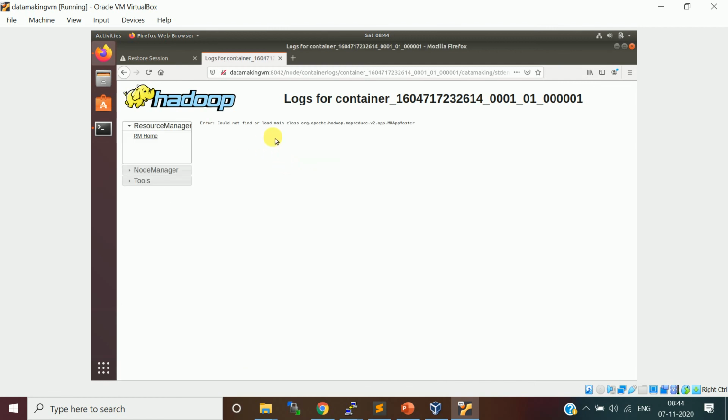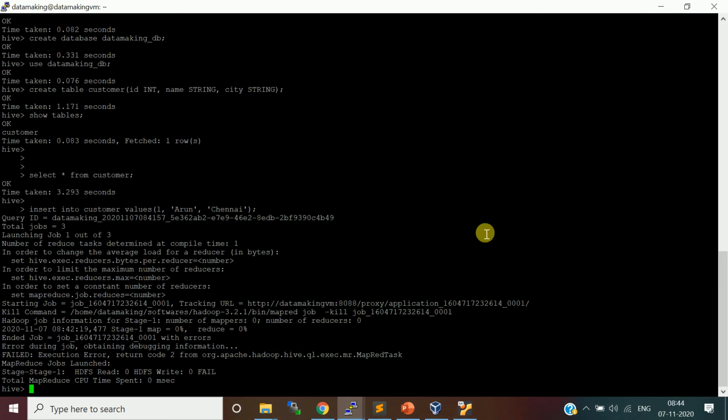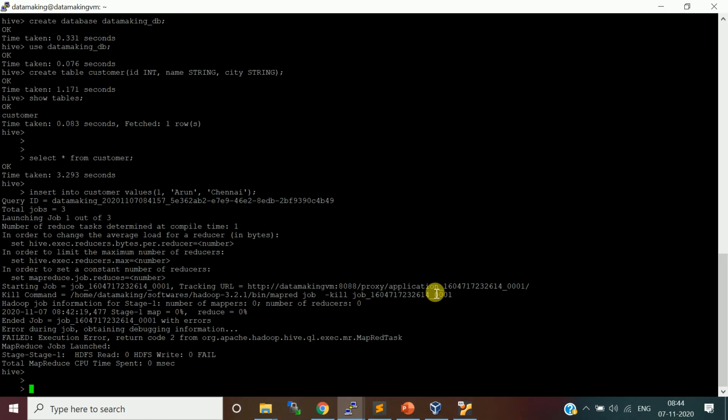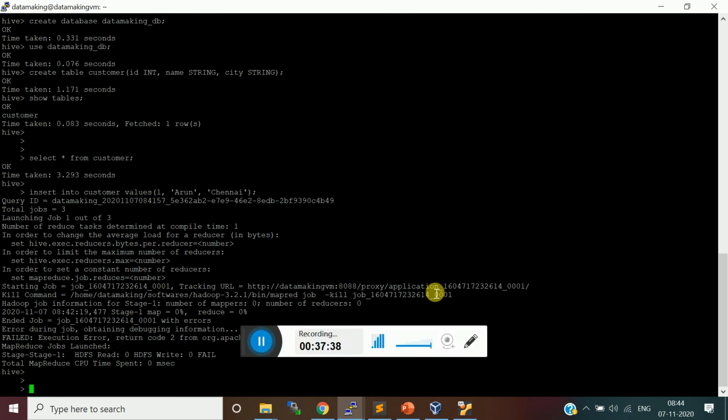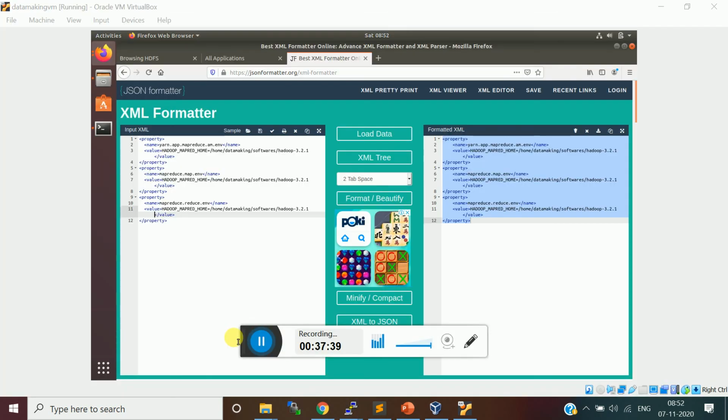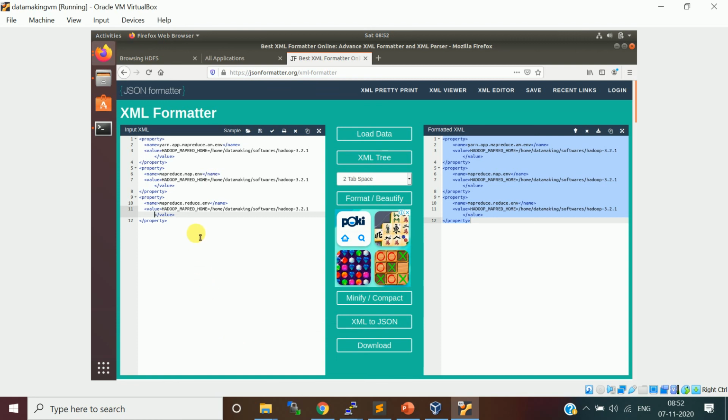It says could not find or load the class MR app master. Okay, so let me check what is going on. So basically I was not able to find the MapReduce jars.